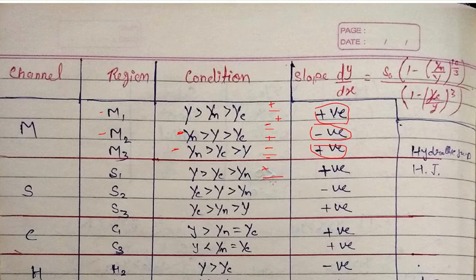And the 1 - Fr² here, it is subcritical flow, that means the Fr value is less than 1, so 1 - Fr² will give a positive value, that means the profile is positive in the region first. And the second region, yc is greater than y, that means it will show supercritical flow, that means 1 - Fr² is negative, and y is greater than yn, that means it will give a positive value, that means Sf is less than S0.